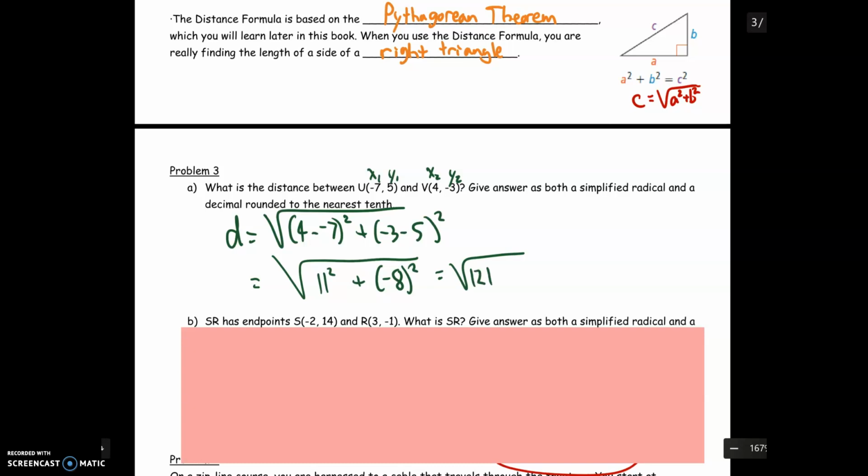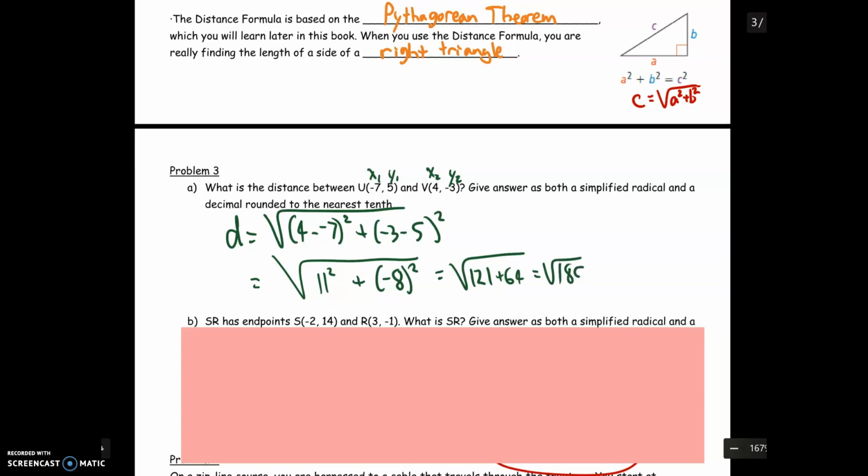The big idea, though, is that you want to keep x's together and y's together. So x's from each coordinate, y's from each coordinate. If I was to, for example, do -7 minus 5 in the same coordinate pair, that would give us a wrong answer. So going back to our formula, 121 is 11 squared, 64 is 8 squared, and then